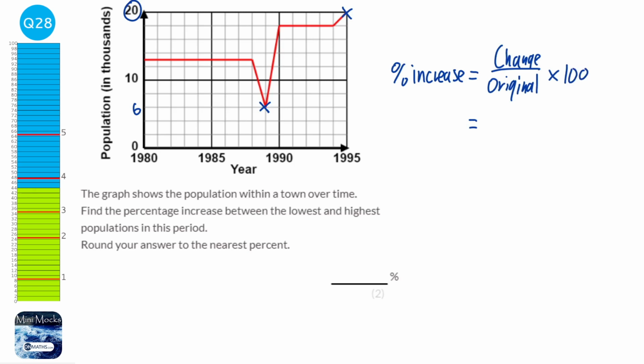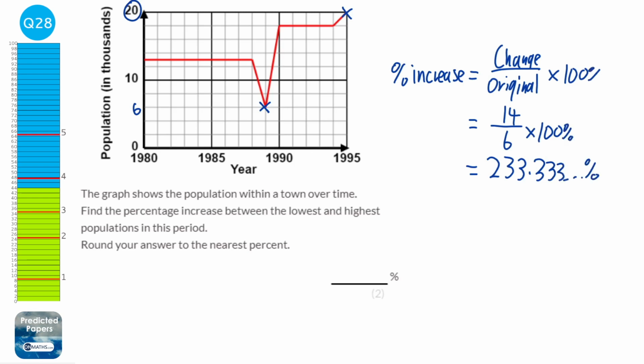So the change between the 6 and the 20 is 14. The original, the starting point, was the 6, and times by 100. And that gives us 233.333 and so on percent. And this 100 technically is 100% that we're timesing it by. So it says it wants it to the nearest percent, so that would be